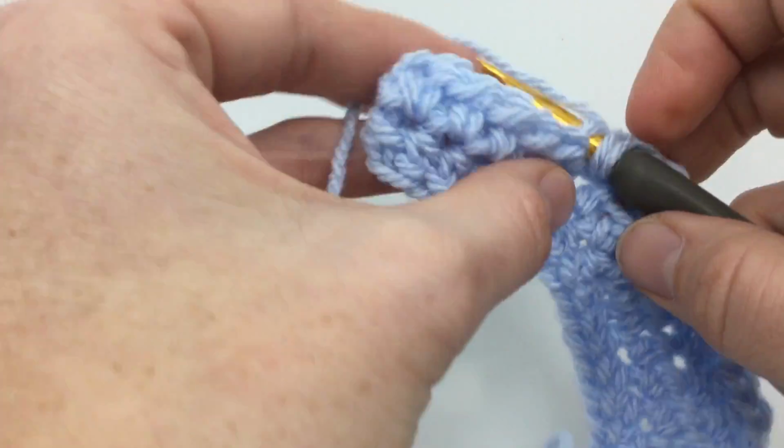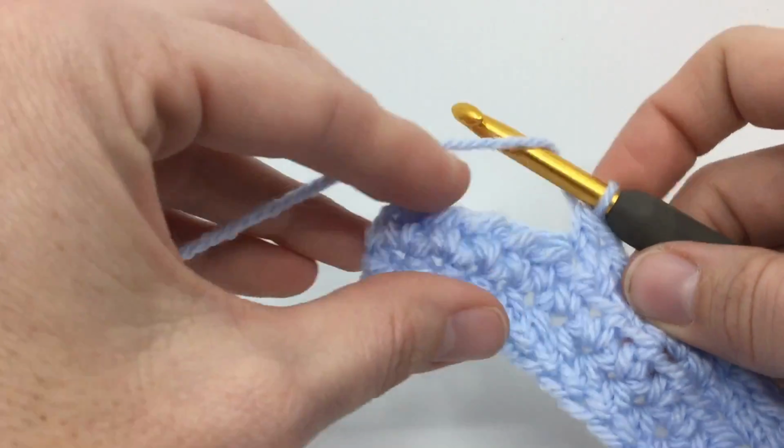If you need to actually learn the stitch at a much slower pace, check out my half double crochet for beginners videos,